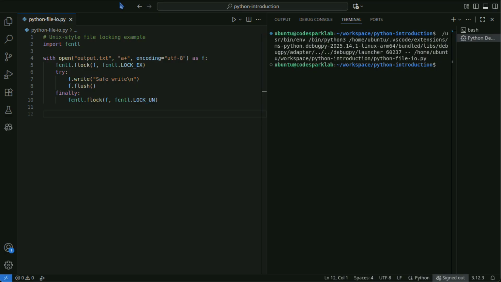To prevent file corruption during updates, write to a temporary file and replace it using os.replace on success.